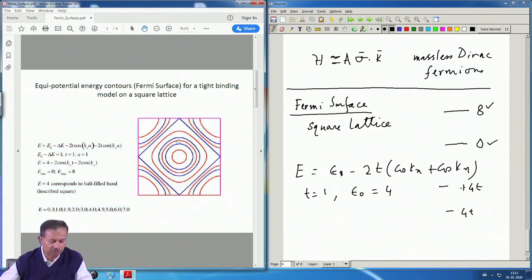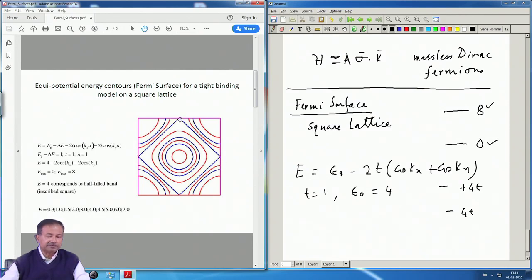Okay. So, let us go on, and you can see that at E equal to 4 you hit this blue line. So, this entire first Brillouin zone, which is this entire region under this square given by this blue line, is completely filled up. That is where the first Brillouin zone gets filled up, that is the half filled situation. All the states here are filled up, and so the Fermi surface is like a square.